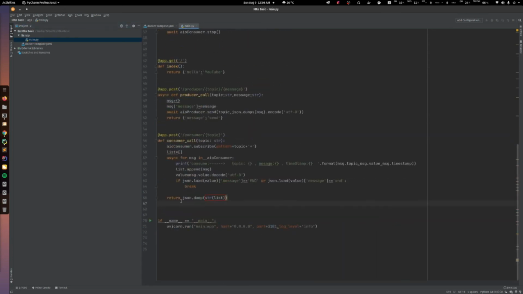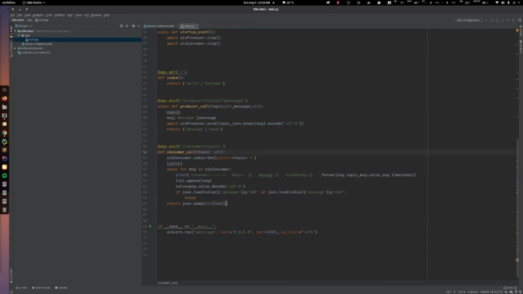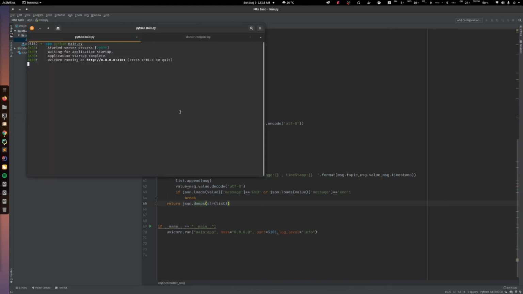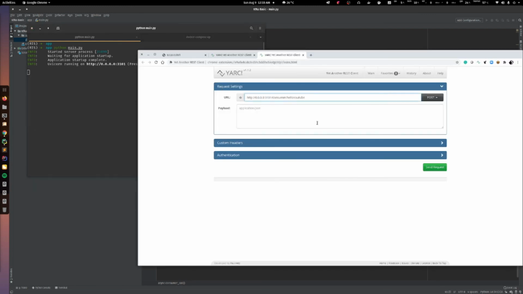So we are almost done, so let's check whether everything is working fine or not. Here we missed one thing. I need to add async here. So now we restart our application and check here.